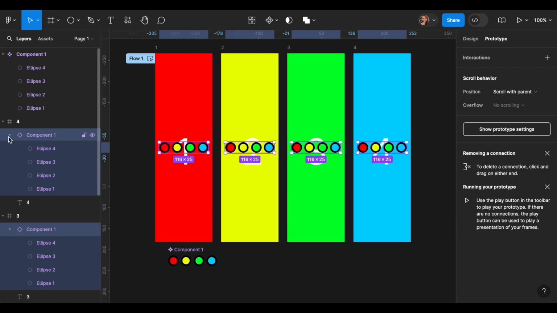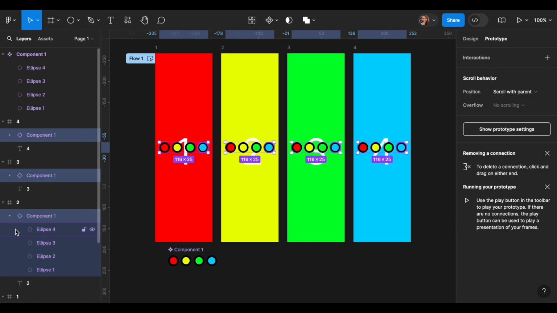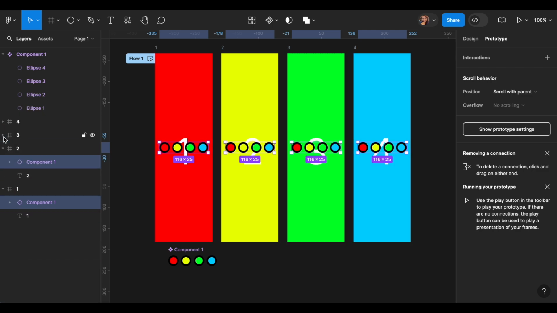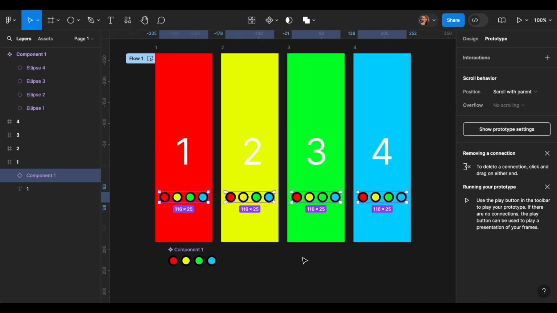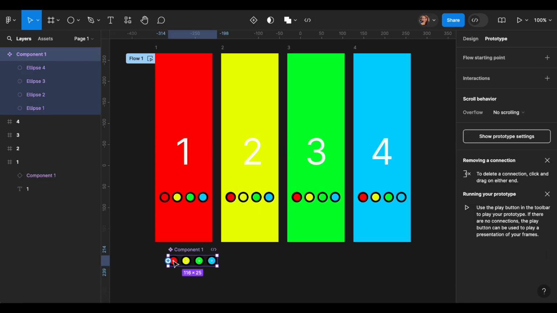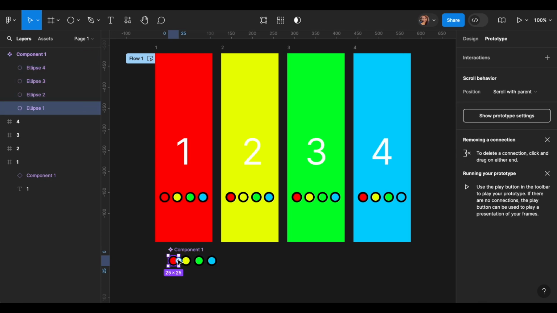then copy paste. So what I did was I copied the component that I have created and pasted once I have selected all the four screens. So you can see all the four components, the navigation is placed on the four screens respectively. Now we only have to work on the basic component.